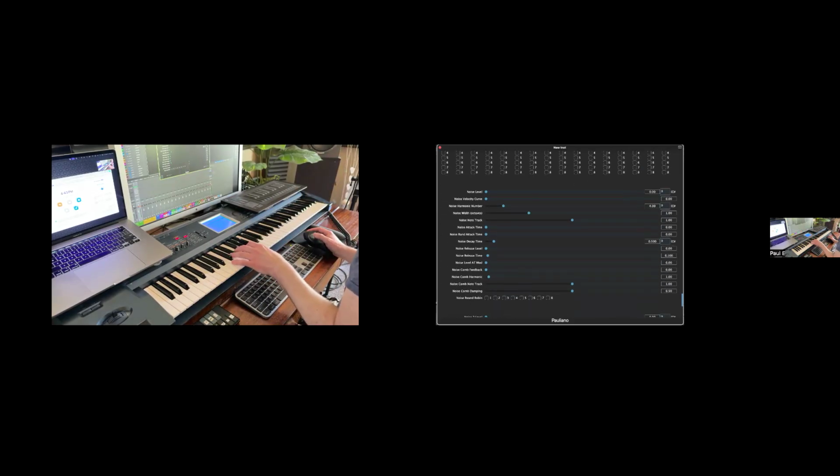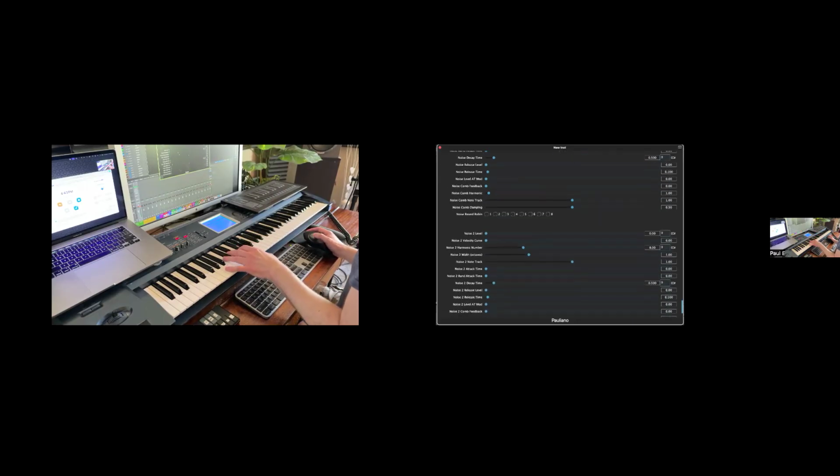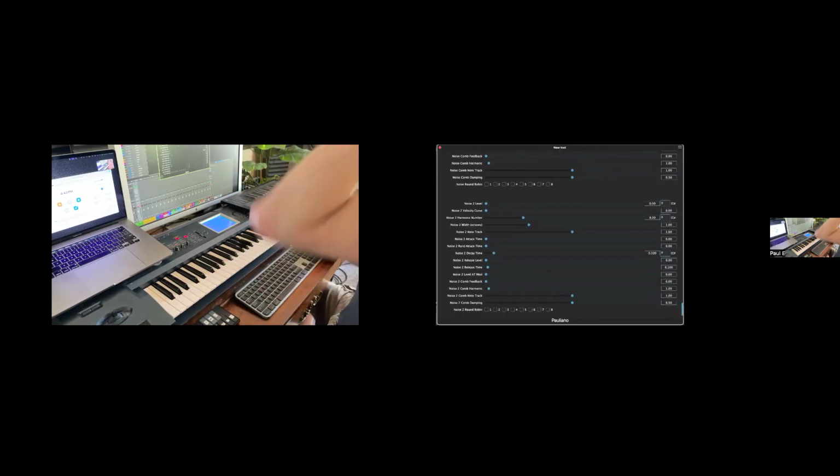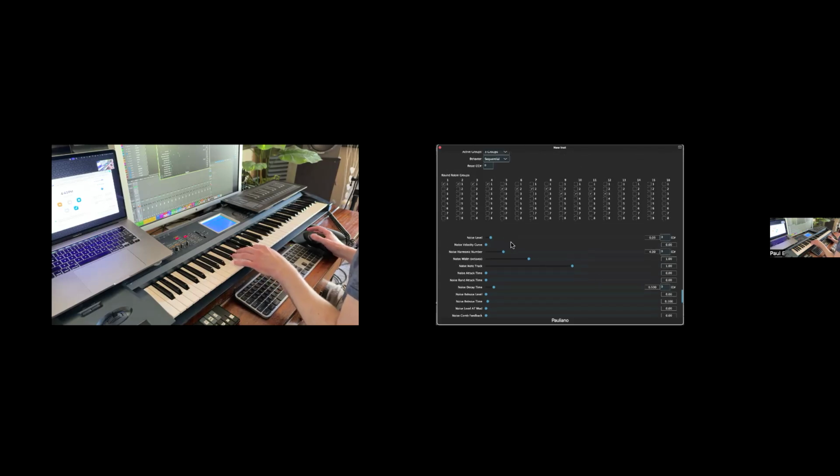There's a couple noise partials as well, so we can just add noise if we want. That's good for click sounds when something is attacking, or little clicks on release, or we can even do kind of a filtered noise deal by cranking the filter down. You can hear that it's kind of related to